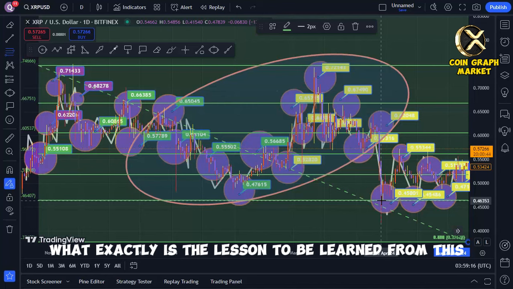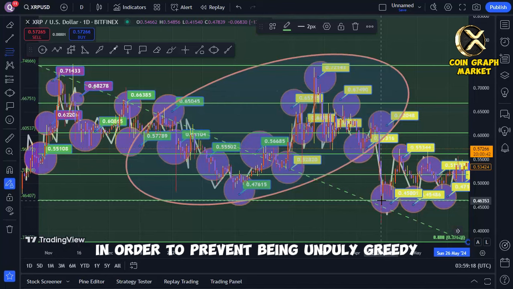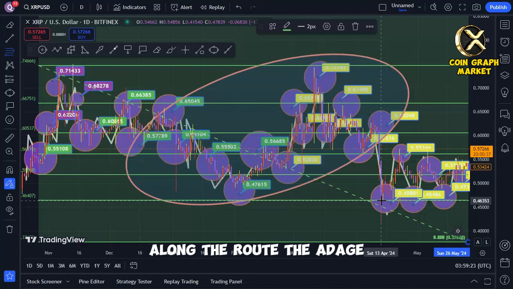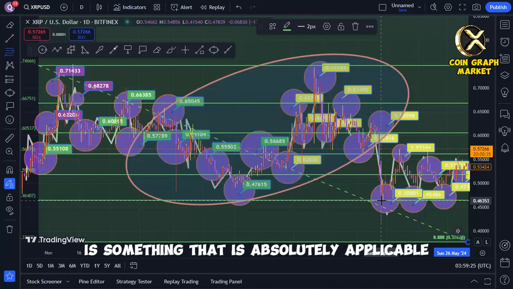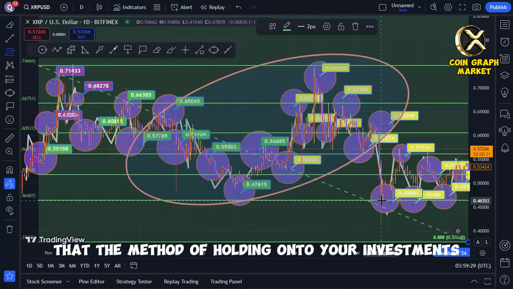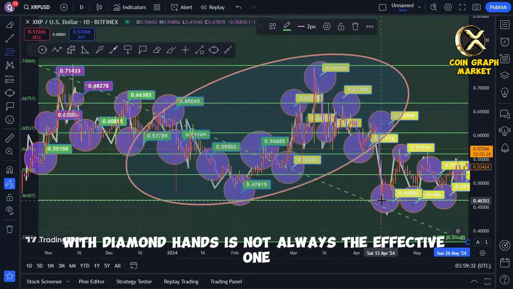What exactly is the lesson to be learned from this? In order to prevent being unduly greedy, it is essential to make sure that gains are secured along the route. The adage, "Don't look a gift horse in the mouth," is absolutely applicable in this situation. There is a possibility that the method of holding on to your investments with diamond hands is not always the